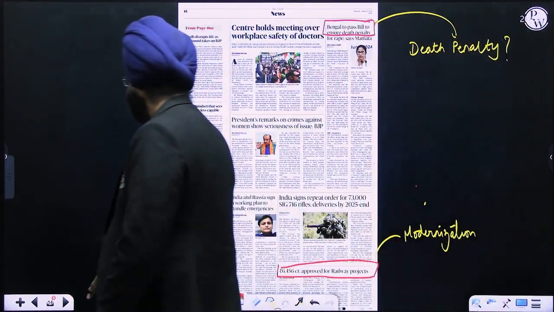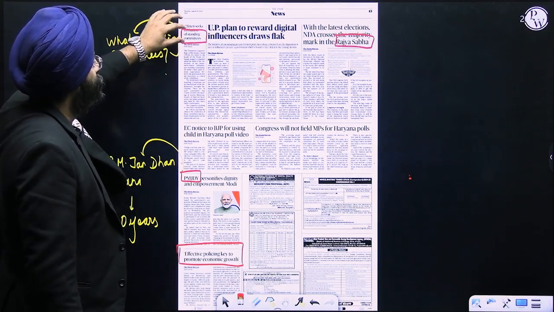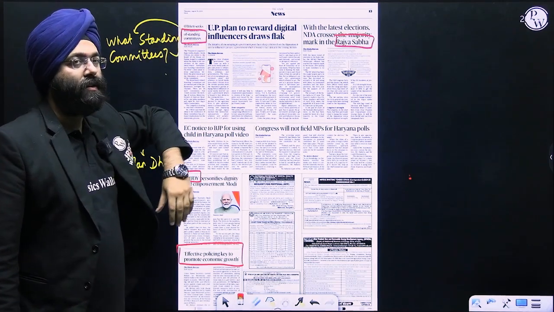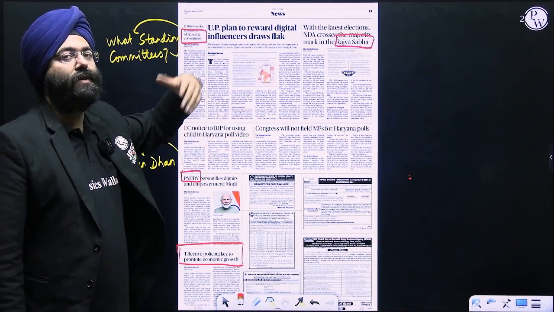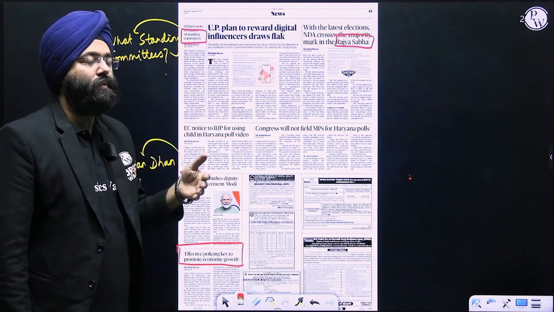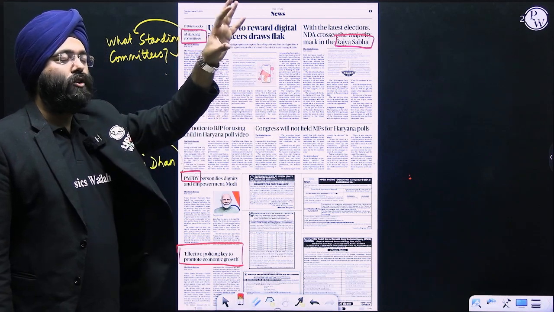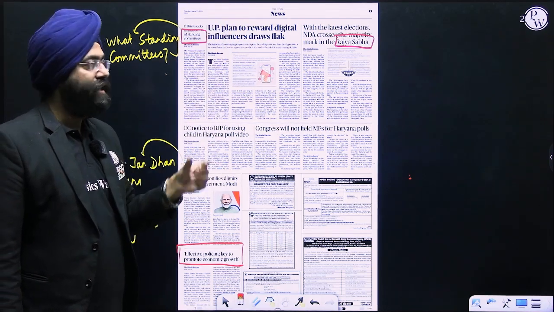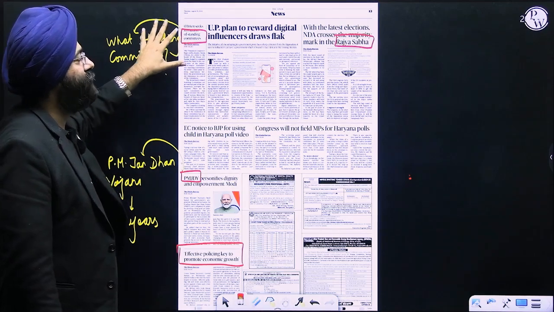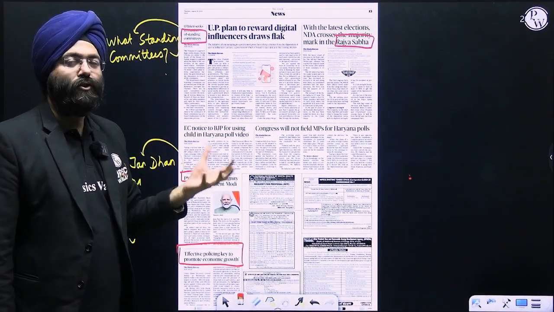Let's move ahead. Now over here you see there's mentioned standing committee. When you read polity, let us say Lakshmikant, you should know what is a standing committee, what are parliamentary committees, what is a joint parliamentary committee. So the standing committee is there because it is mentioned in the newspaper. A person who's preparing for civil services can possibly generate a question on this. That is why, knowing what a standing committee is, because it is mentioned, make sure you Google it. At least you're reading it in your polity. Make sure you know it.